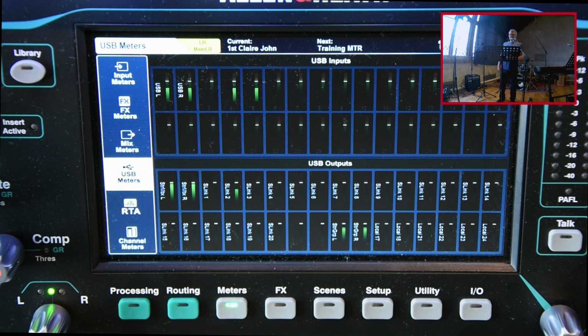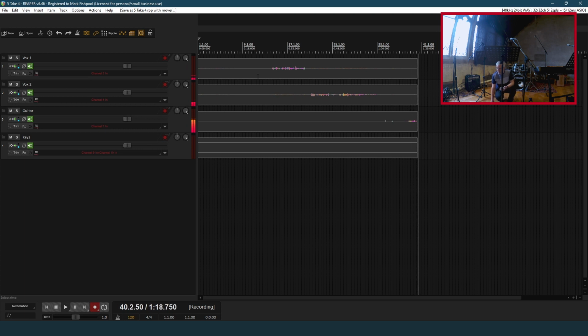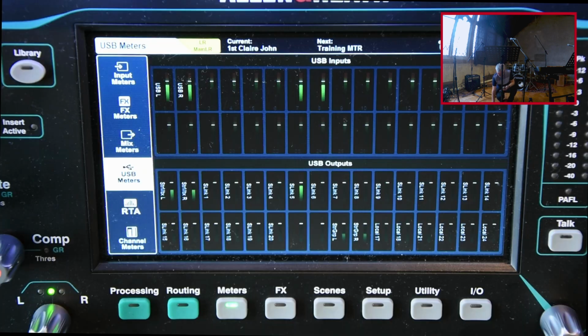For the guitar, what I've done is I've got a pre-recorded guitar track, which I did on a different multi-track recording session, and I'm playing that back through an MP3 player into the guitar DI box. It just means I can still use the same channels that I would normally. So I'll turn it on and get that playing. So you'll now be getting a guitar coming through on the third track. That will be coming into Reaper, so you'll be able to see that. Let that play for a few seconds